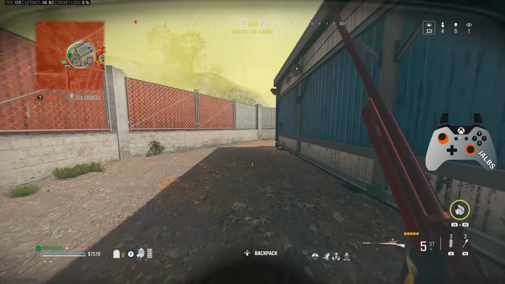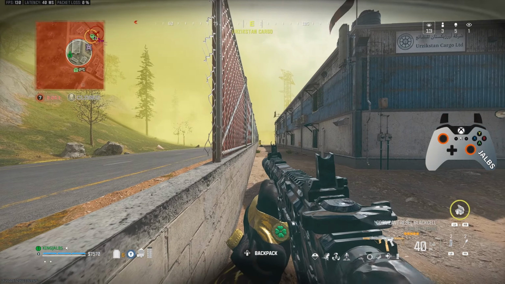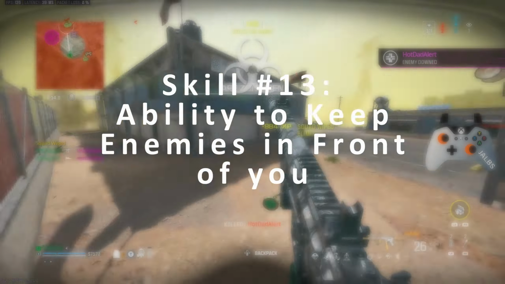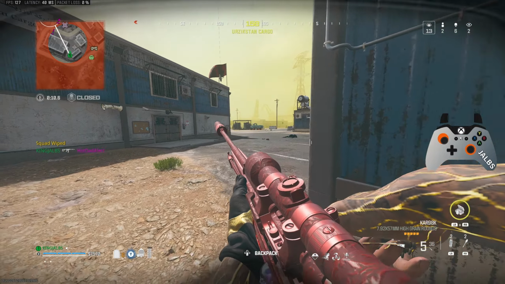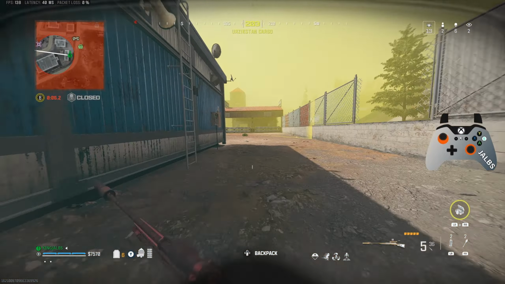Now, the final skill of this video, or skill number 13, that TrulyEviLL demonstrates here is something that's more of a positioning skill, but it indirectly sets you up to win a gunfight. And that skill is keeping enemy players in front of you, or keeping dangerous areas in front of you. Now, this entire endgame, TrulyEviLL has posted up in the second to last zone, which sets him up well to win any